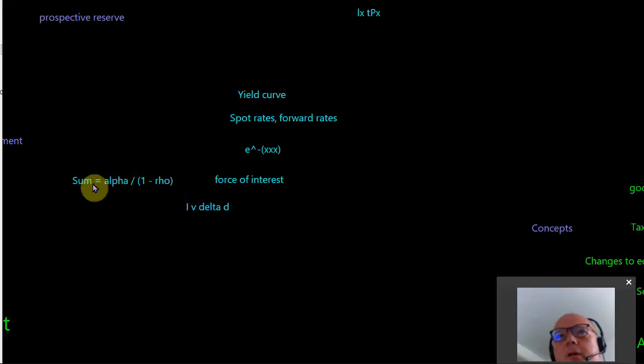Now, having looked at the summation here, the basic definitions of i, v, delta and d, the force of interest, and the power of what we can put in this x here for e to the minus some integral of interest rates, we're going to look at the more formal definitions of spot rates and forward rates. So probably the simplest concept, first of all, is the spot rate, and that is basically the average rate,